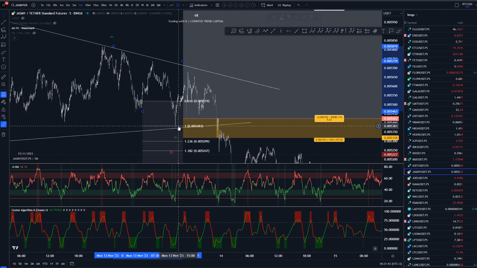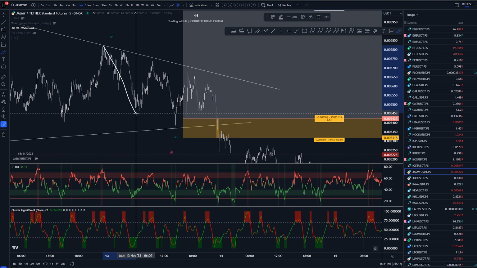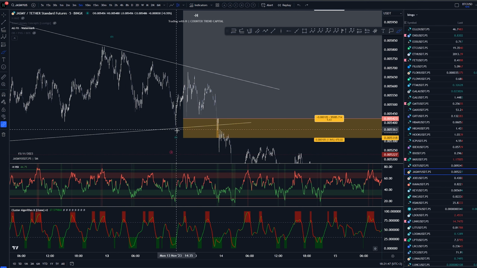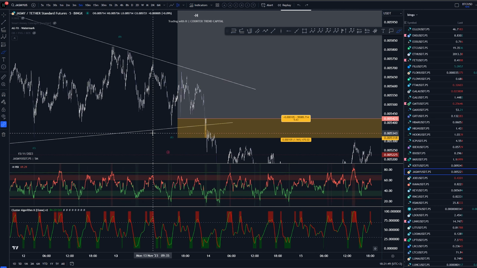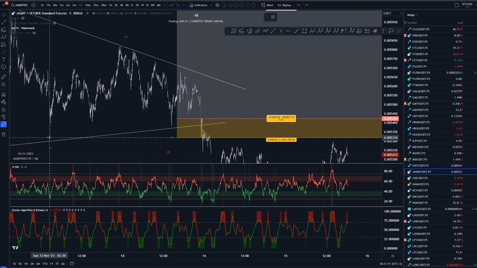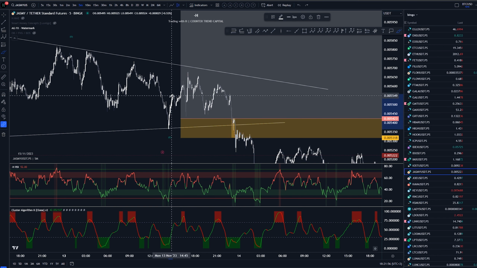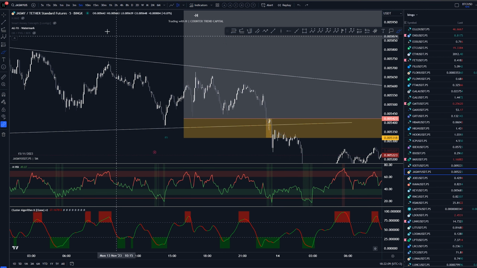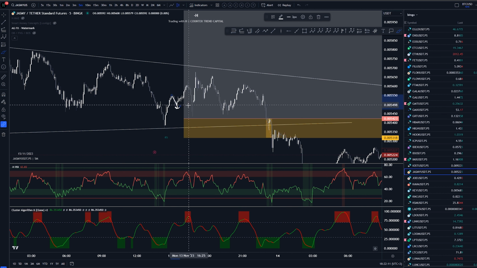Overall, 1-to-1 was hit as well, so you could have just waited for this structure to be finished, but I wanted to front run that a bit. So again, that's that. Stops below the previous wave C, and then we started to get that move off. To me, again, this looked like a very decent impulse, and basically at the top again, we created another move down. However, smaller time frames did not really suggest that this is too impulsive,